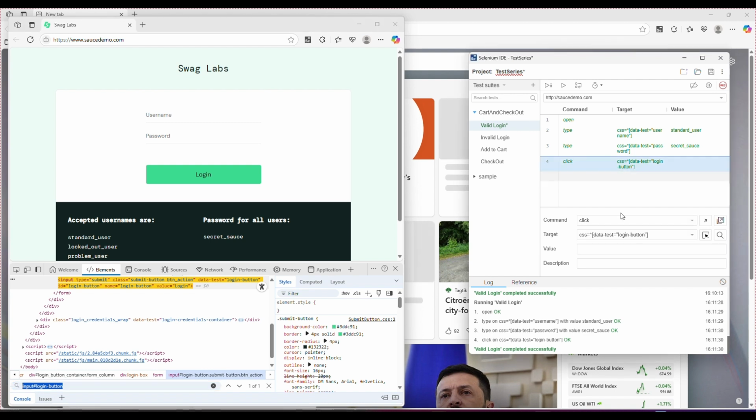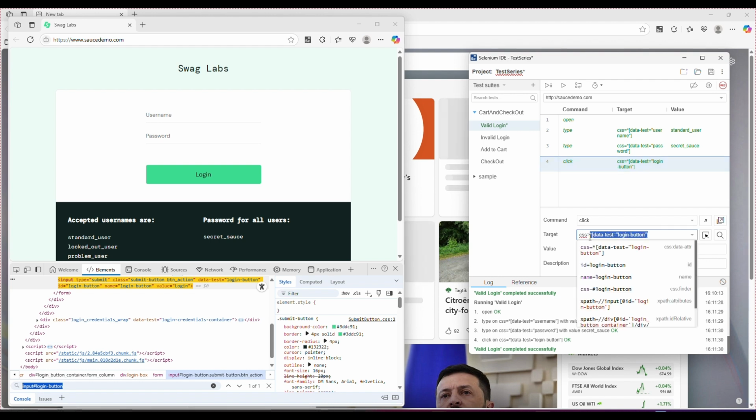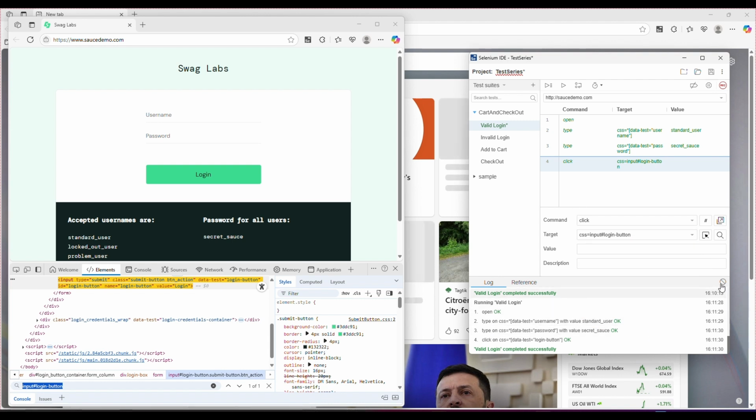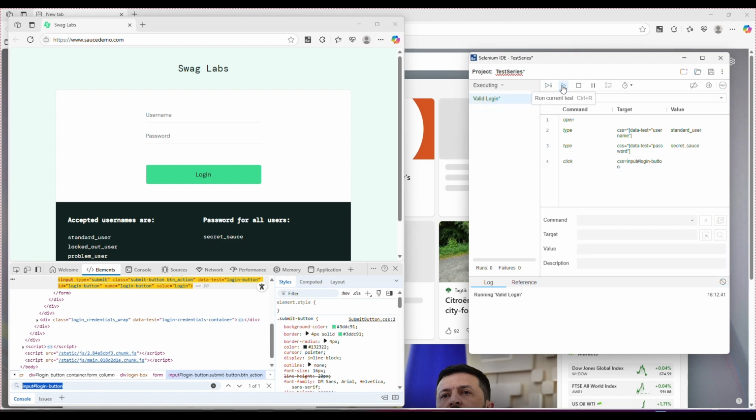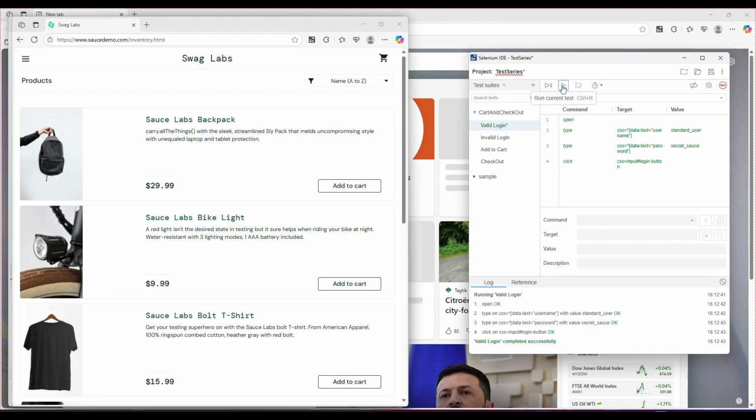So before now we have this CSS selector, data-test equals login button. We just change this and put what we have here. So clear our log and we run again. So as you can see, everything went as planned. We'll go back